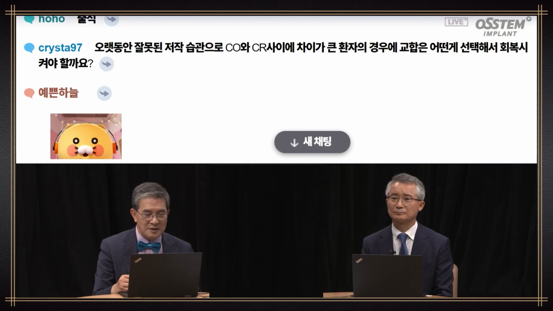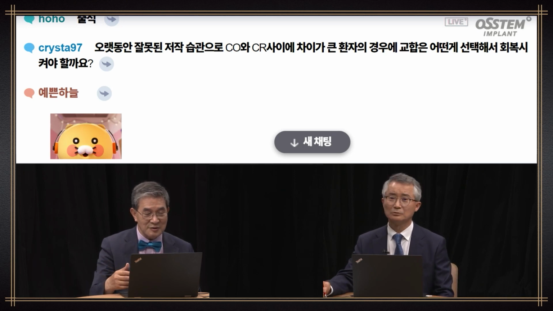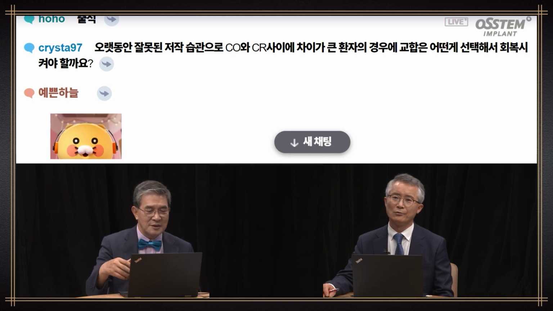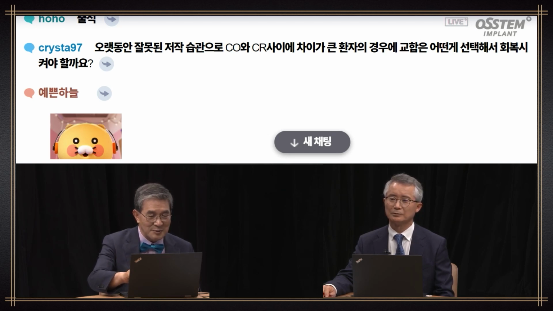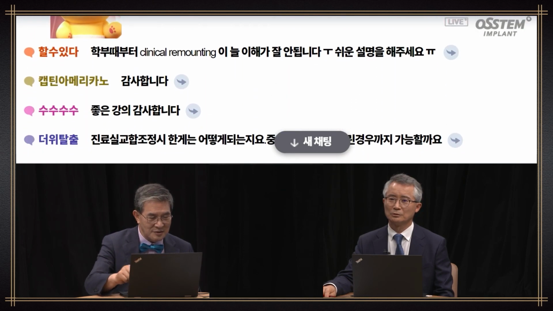Difference between CO and CR. I think this came to be because of using an old denture and because of long-term habits. We need to make sure that it becomes CR to CO. If it is difficult to do this, then we can fabricate a treatment denture to correct the occlusion and then provide the final denture. That's what is written in the textbook. However, if the difference is not significant, you can provide the prosthesis right away as well.